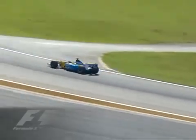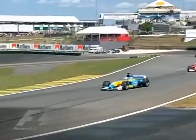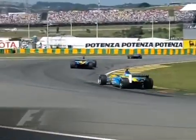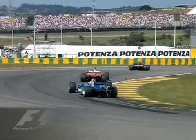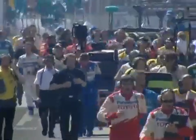Will Ferrari show that brand new car to be the match, or even better than the Williams, on a track that should suit Williams BMW down to the ground? Well, the outcome of this Grand Prix, I hope, will not be decided in the first corner. We've seen too many incidents in the first two Grand Prix this year. Let's hope that the Grand Prix is a clean start, a first lap, no problem, and then we have a